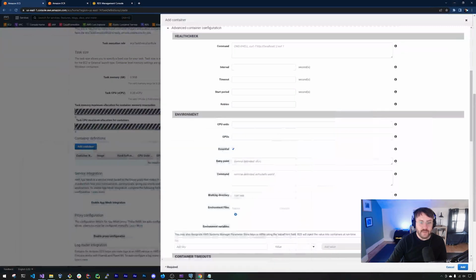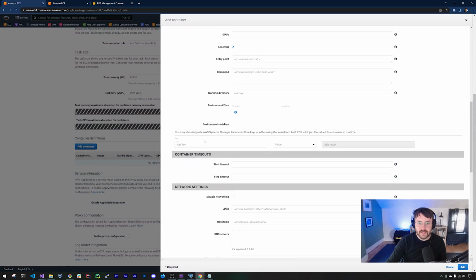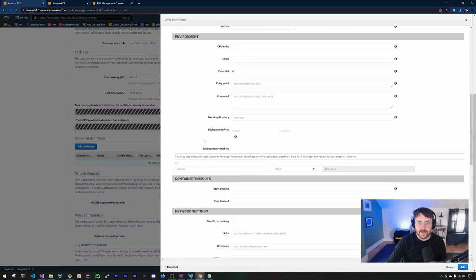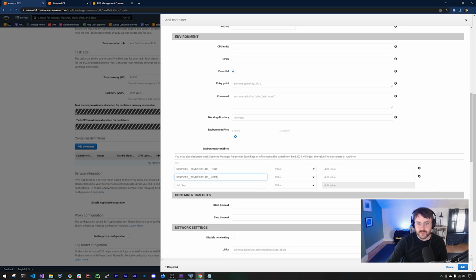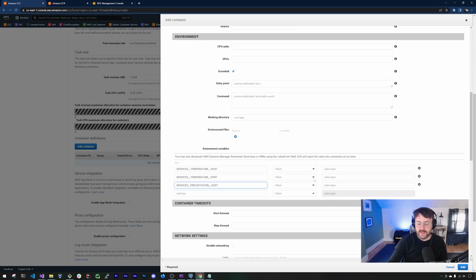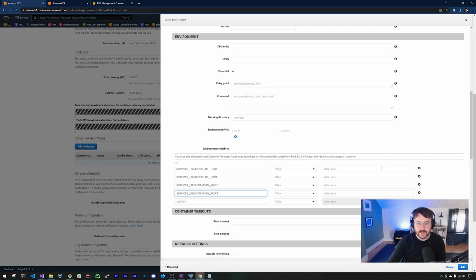So let's set that up now. We can scroll down, or rather up, to environment variables. So services temperature host, services temperature port, services precipitation host, services precipitation port, and don't forget these are double underscores. Our ports are 5000, and if you don't recall the